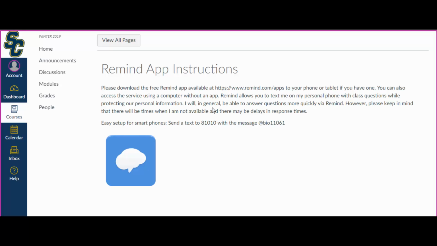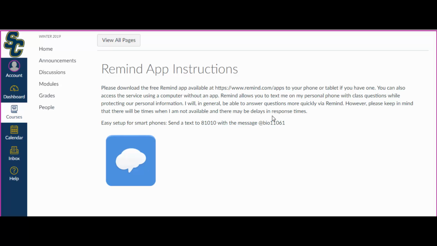So I discussed this also in the syllabus video, but Remind is a text messaging application. What this does is it makes it so that you can utilize Remind to text message me. So as you are working on something and you have a quick question, you don't want to open up your computer maybe and compose an entire email and then send it along and then wait for my reply. If you just quickly use this Remind app and text it to me, then I can quickly text you back